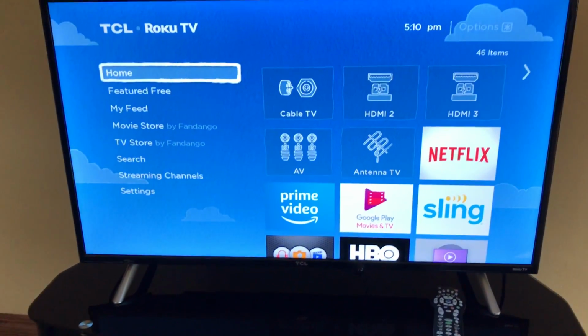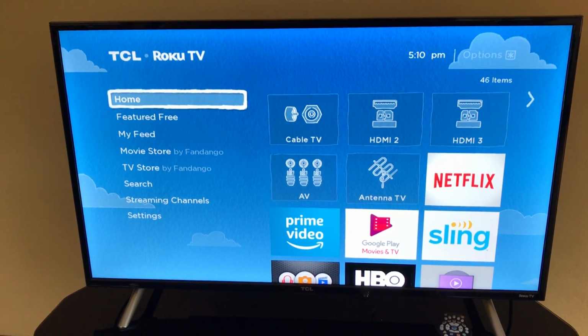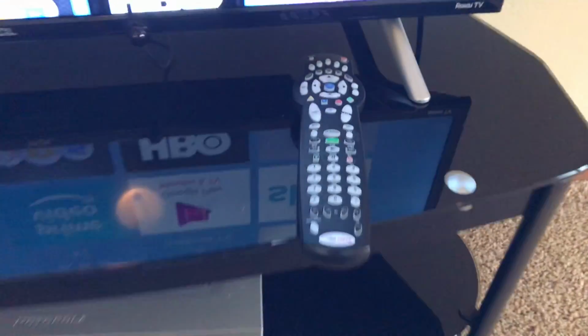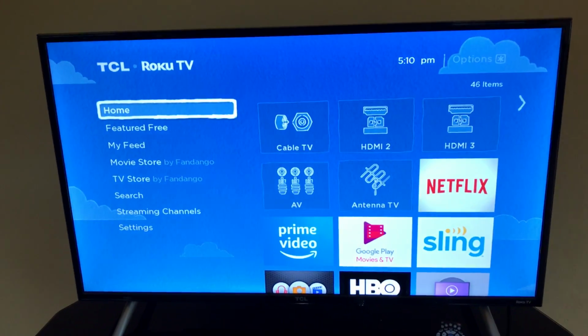Welcome to Little Bear Lodge. This is a quick video tutorial on the Roku TV. It's a smart enabled system with Cable One. Now, when you press the home button right here, it's going to bring you to this screen, and then you'll